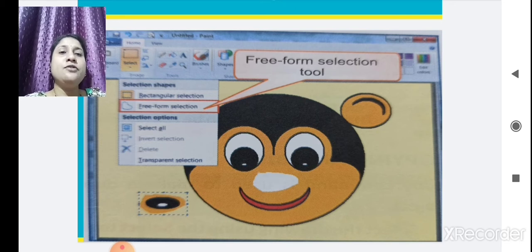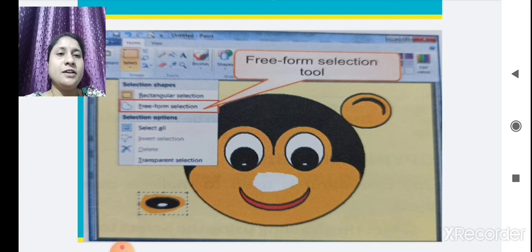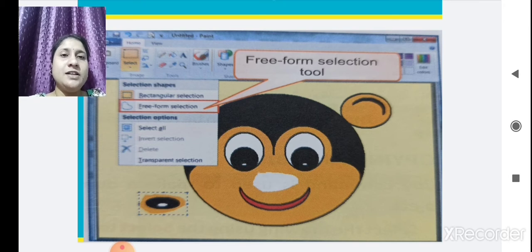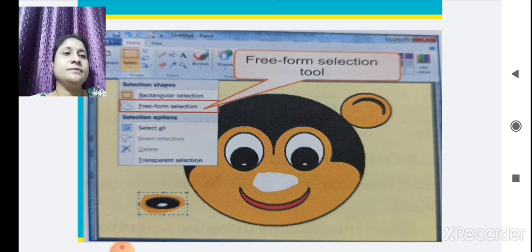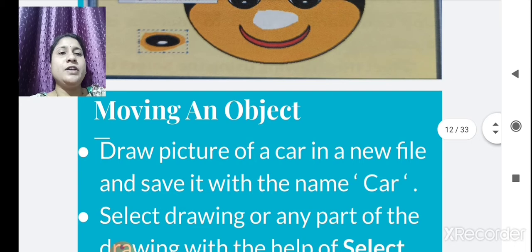If we used rectangular selection to remove this nose, it would move with a rectangular shape. Here it is in irregular shape; the nose does not have any regular shape. Got it, the difference between regular and freeform? Yes. Now the next is moving an object.